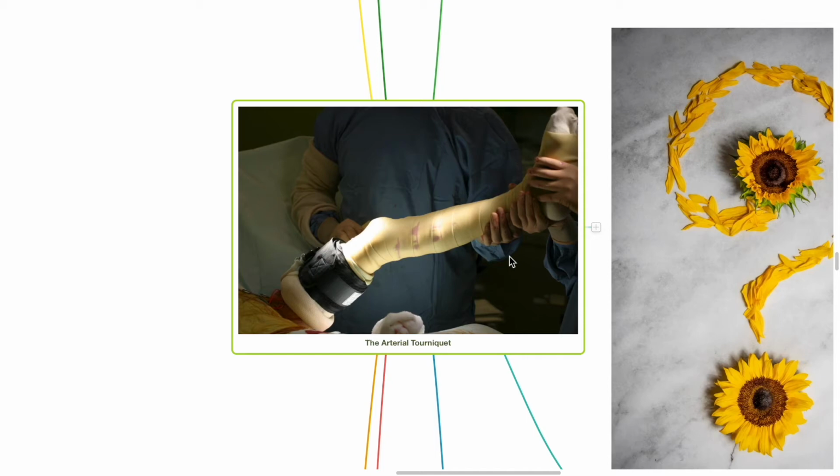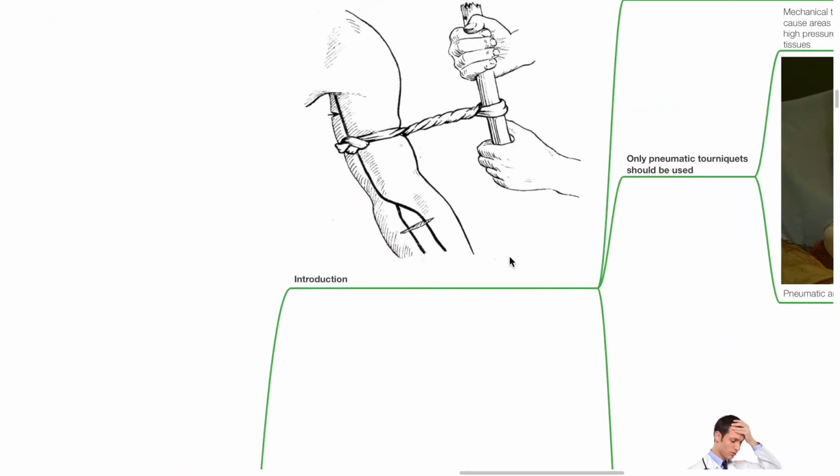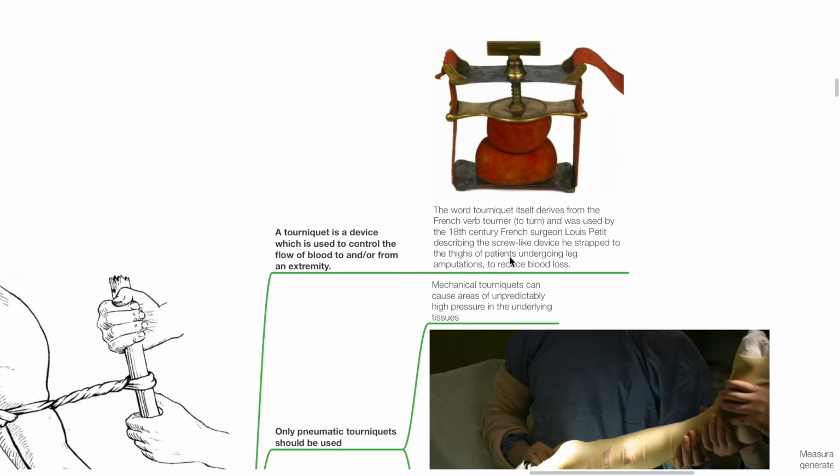Today we'll be discussing the arterial tourniquet. Introduction. A tourniquet is a device which is used to control the flow of blood to and/or from an